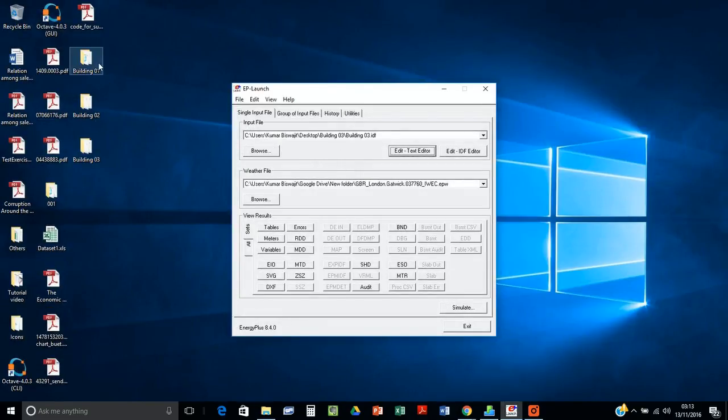So now we have 3 of the building models done. We have created the IDF files. We have seen that all the IDF files are working correctly in the EP launch, and we can extract the data from there. Now what we are going to do, we'll run the simulation one more time so that we can see